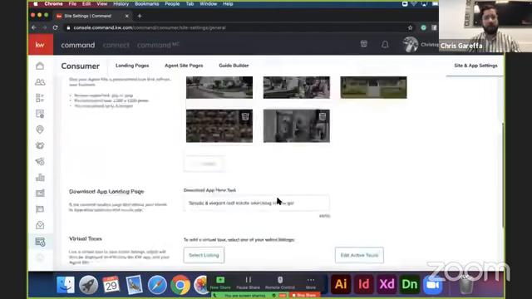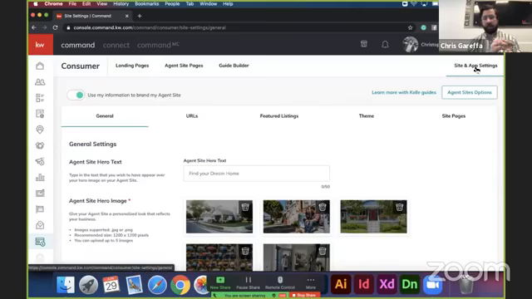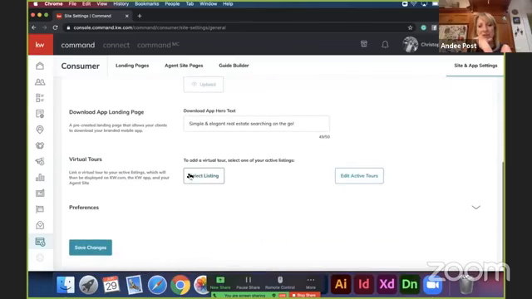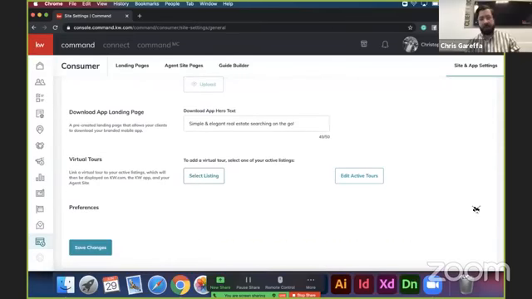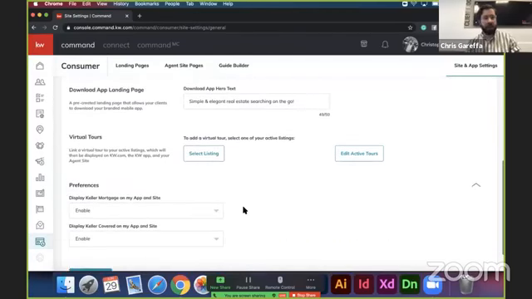This is under site and app settings. And that's in consumer? It's under general. Yeah, and that's under this consumer applet here. Oh, it's under general. Yep. I don't seem to have a general. If you scroll all the way down, you should be able to see it. Ooh, and it looks like they added